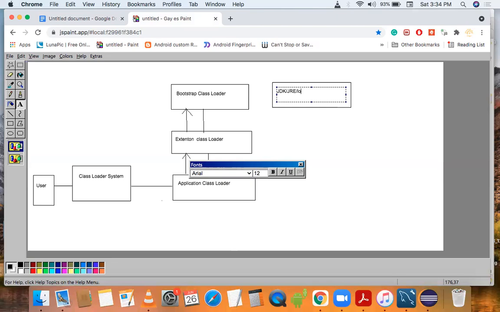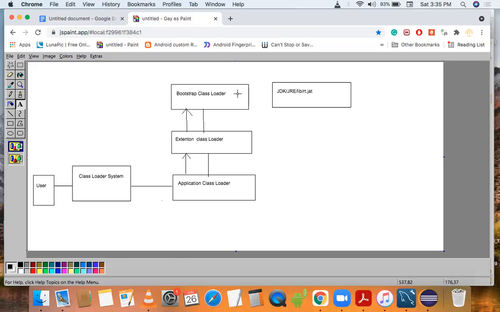First of all, it will check whether it is available here, in rt.jar, for classes like the Object class or String class.